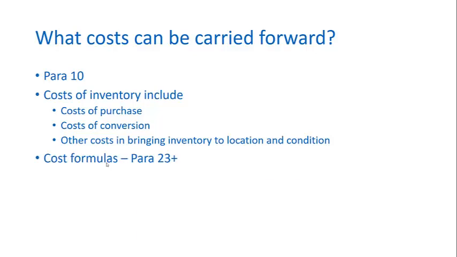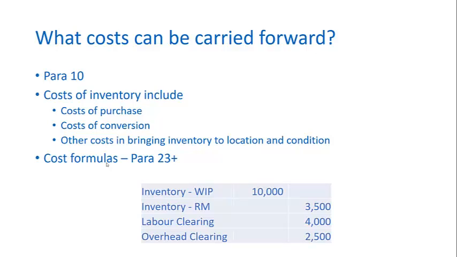We're also given the idea of how we might allocate or determine the cost of individual items of inventory. It might be done on the basis of specific identification of inventories, or alternatively it might be done on the basis of some allocation process such as FIFO. Critically, what it tells us at the end of the day is that when we think about inventory, it's going to be a combination of the cost of purchase of the inventory, the cost of conversion, and other costs. So quite obviously it's going to be advocating for not direct costing but absorption costing, and you'd expect to see a journal entry like this where you can see the overheads being carried forward.